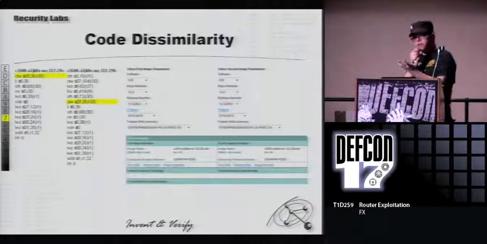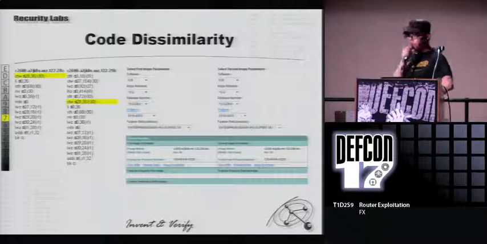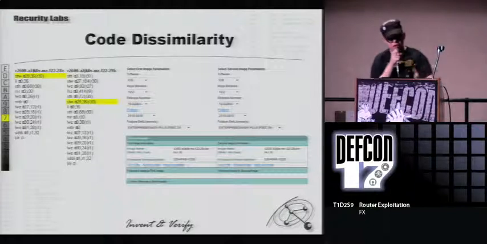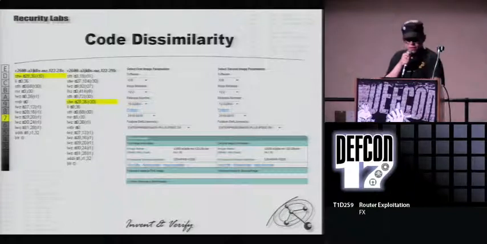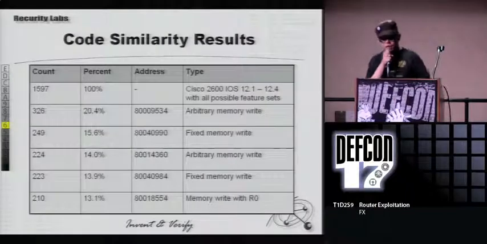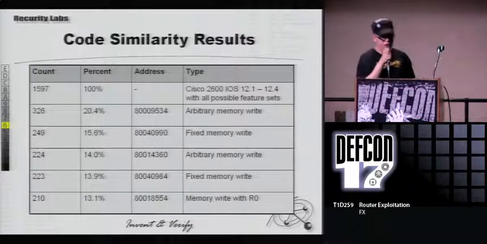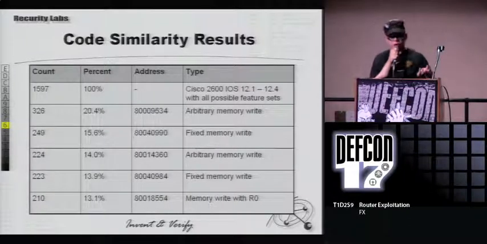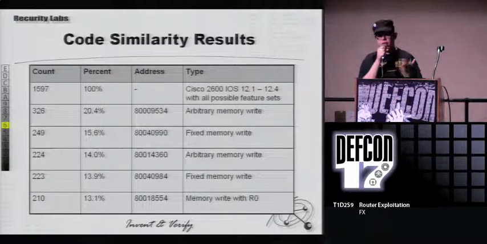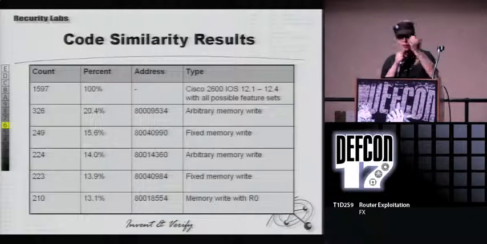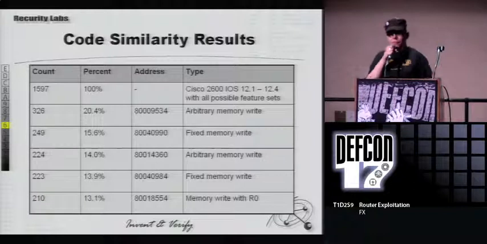But if you take 2 images that are, based on Cisco's Feature Navigator's output, exactly equivalent, except for a very, very, very minor release fix, I don't know, maybe they changed the blinking rate of the prompt, they actually differ again. So this is really cool. And then you look at larger bases, and you see that out of the 1,600, you actually have like 326, which is 20%, that share an arbitrary memory write on the same address. This is very promising. We find other stuff like fixed memory write and stuff, but this is work in progress,